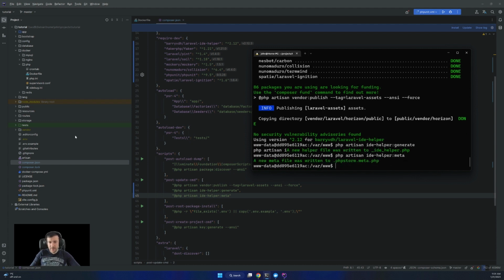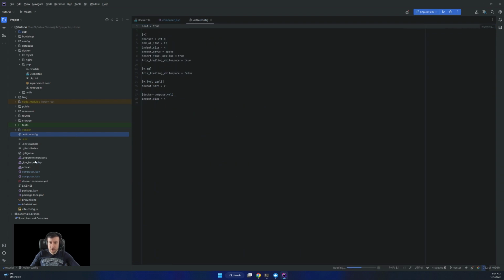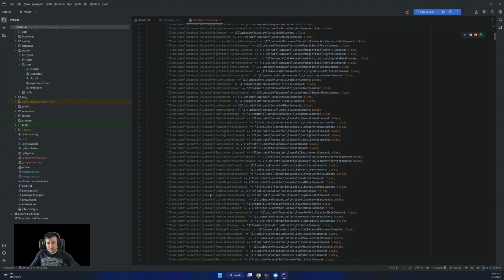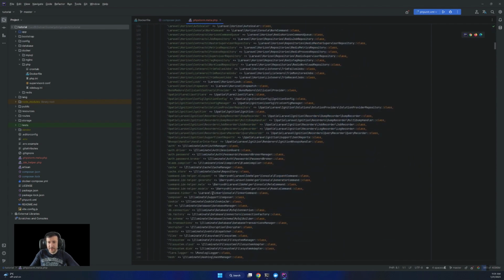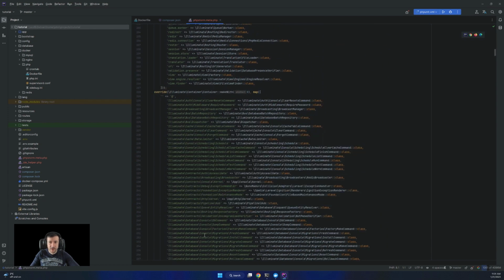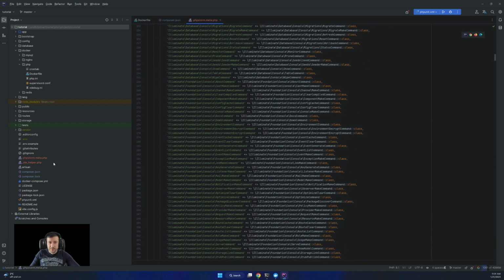Okay, so what happened? Those two files were added. So basically, we tell the IDE where each of the commands and everything within the namespace can be found, because Laravel uses facades and it's very hard to follow the path or where to get things.